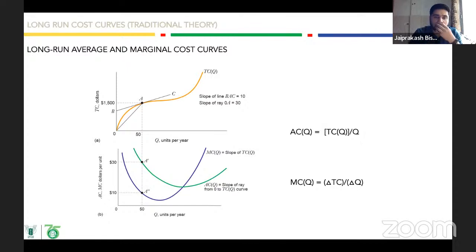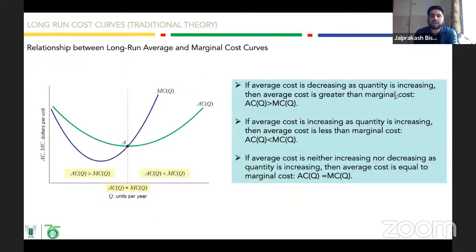Okay, now coming to the relationship between long run average and marginal cost curve, again from this graph there is no need to mug up all these things. You only need to remember this diagram, because of this diagram your labor will be reduced to more than half, and your capacity to reproduce in examination will increase, and your accuracy will also increase. So इससे आपकी गलतियां भी कम होंगी। यदि आपको कुछ डाउट कंफ्यूजन होता है, आपकी गलतियां कम होंगी एग्जाम में यदि आप ये डायग्राम्स याद रखते हैं।